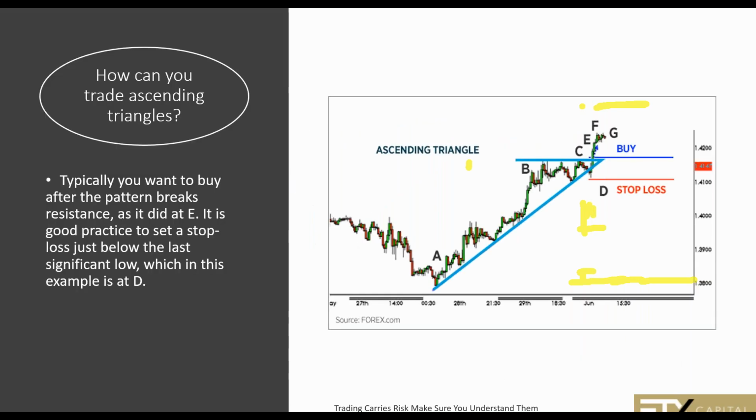Typically, you want to buy after the pattern breaks resistance, as it did at E here. Now, remember, we might get a breakout down, but we never want to trade against the trend. So when it breaks in the opposite direction of the trend, we may say to ourselves, well, we're trading counter trend at this point. Maybe we don't even, no matter what the clues are, we might not want to trade it. But here in the ascending triangle, when we get the breakout above,